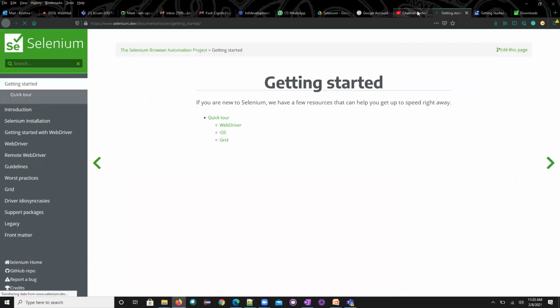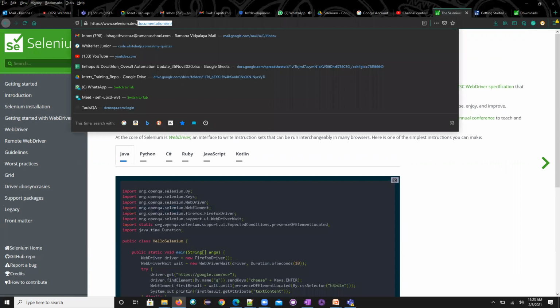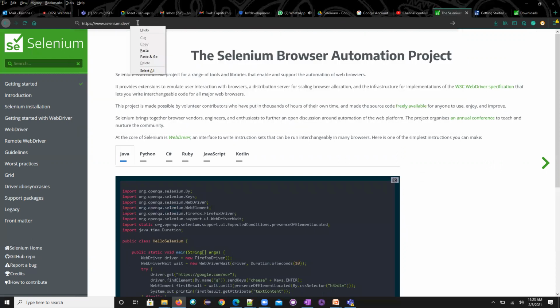Now, who supports Selenium? A very strong community is there supporting Selenium. We actually met in one of the conferences last year. It happened in Bangalore. Even the founder of Selenium, the founder of Appium, everyone we met, and the complete community who supports Selenium. It was a great gathering at that time.